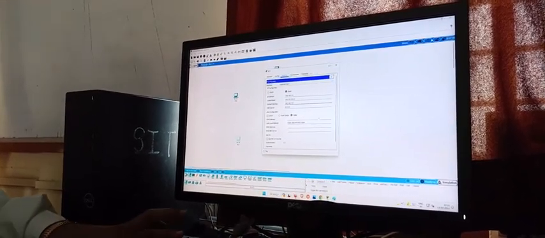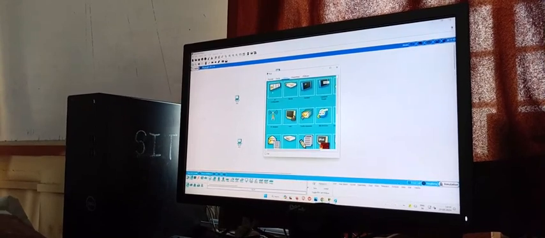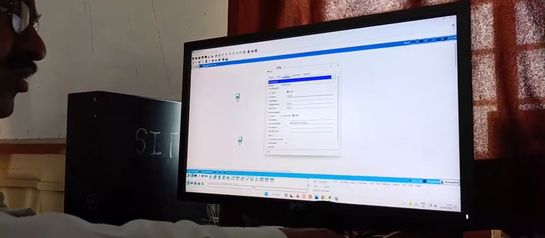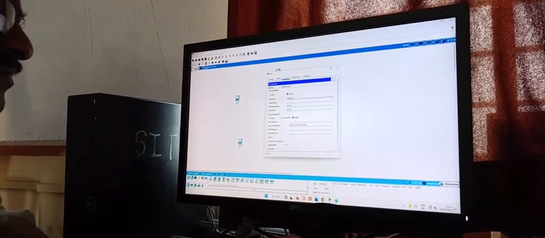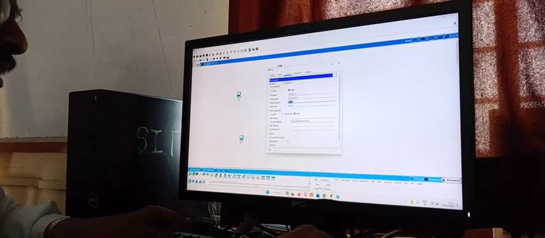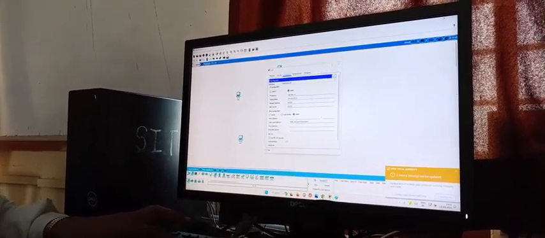So you have to add it. Likewise you have to configure all the PCs with IP configuration. Remember that you have to add the gateway for each and every one.